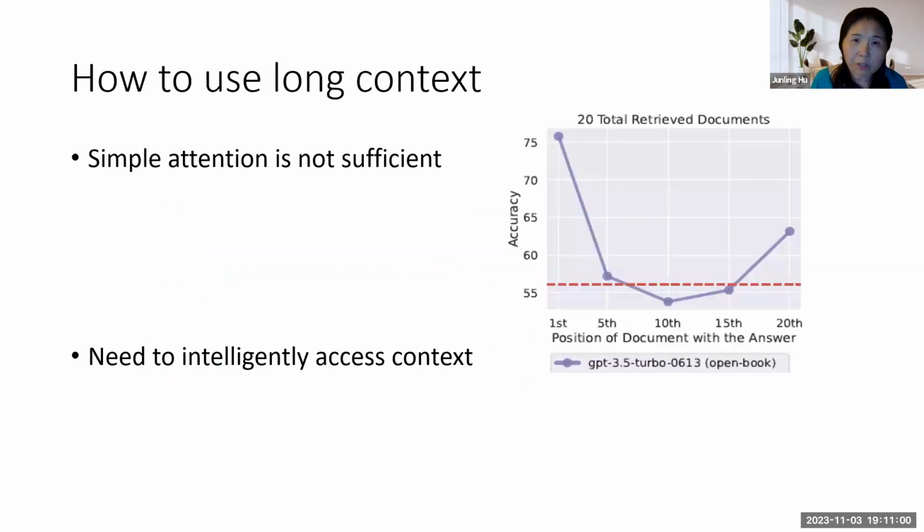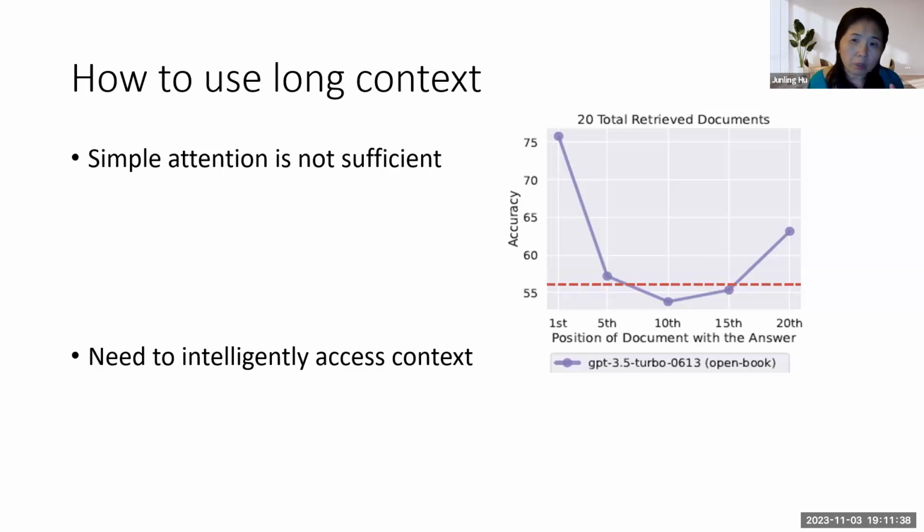The problem we're facing is that even if you have a model that can handle 100,000 tokens as input, there is the way the attention model treats the input. For example, a user asks a question about how to invest, and you have a collection of financial advising documents, and you select the top 20 most relevant ones, where the right answer is probably among those 20 documents.